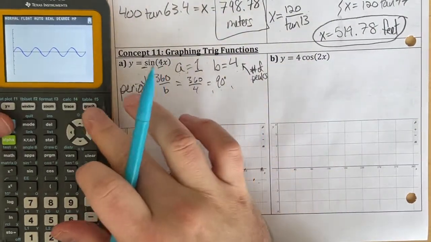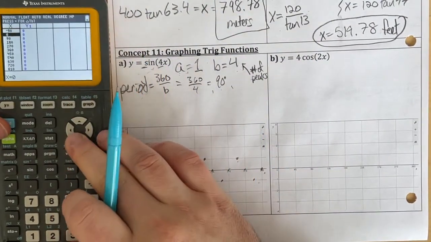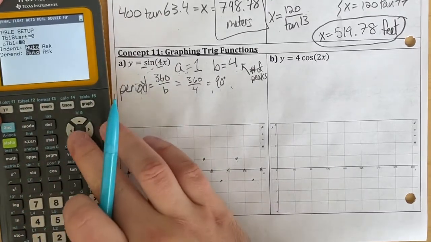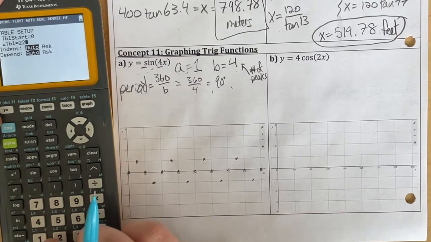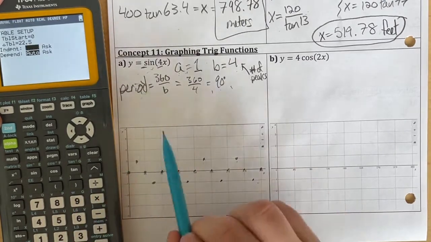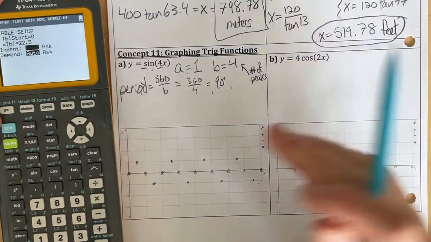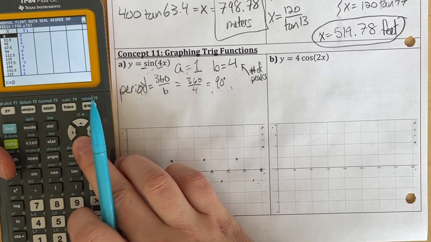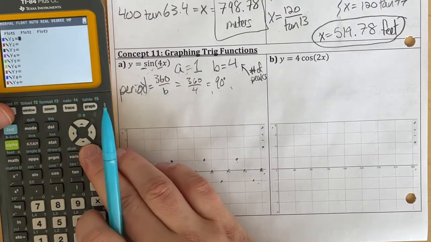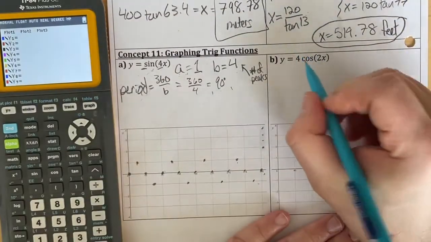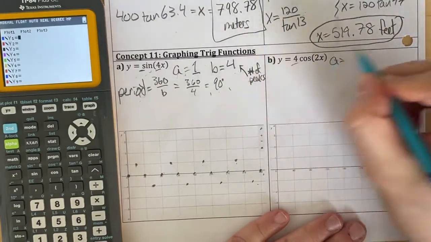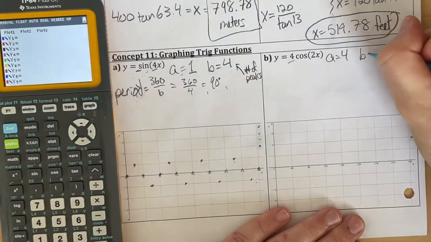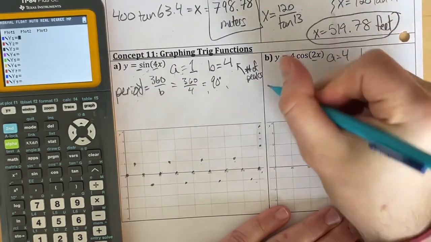Again, if you need to see the table of values, be sure you can set it up, and I can say, all right, let's do second table set. I want to have it changing by 22.5, because that's the amount of change each time those points are made. So it's second table, and now I have my values like so. And for this last one, let's identify A. So that's 4. So I go up to 4, down to -4. Our value for B is going to be 2. So that means our period